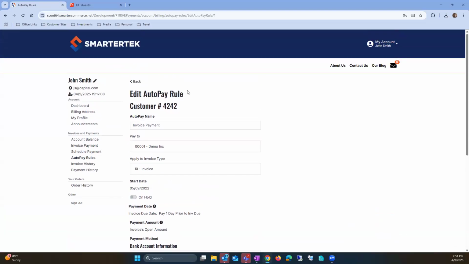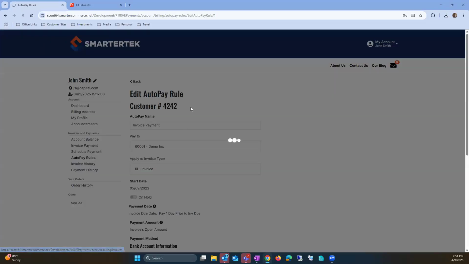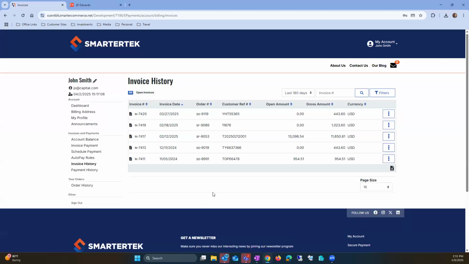And also as part of the e-payments portal, they can come through and see the complete invoice history, not only open invoices but closed invoices that have already been paid, in case they need to download any type of documents. So as part of the payment portal, they can filter on a specific document they may be looking at and be able to verify and download the actual invoice directly to their